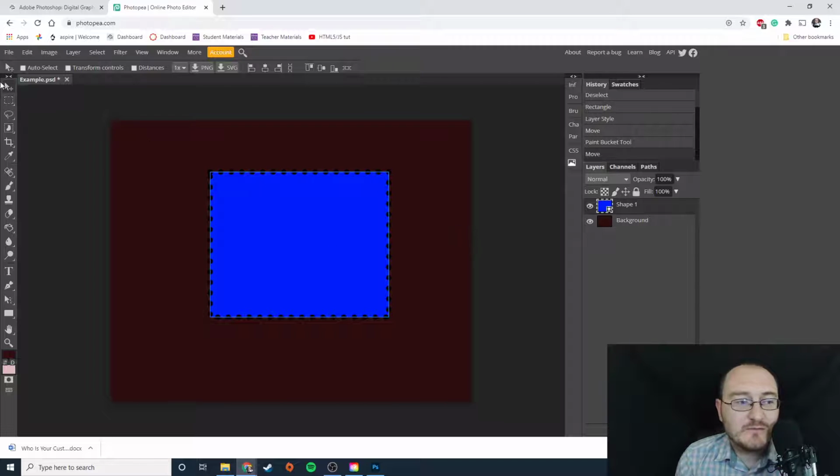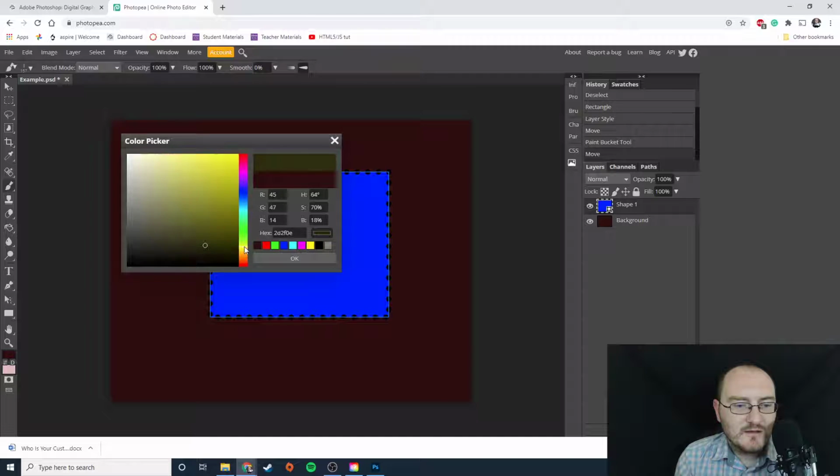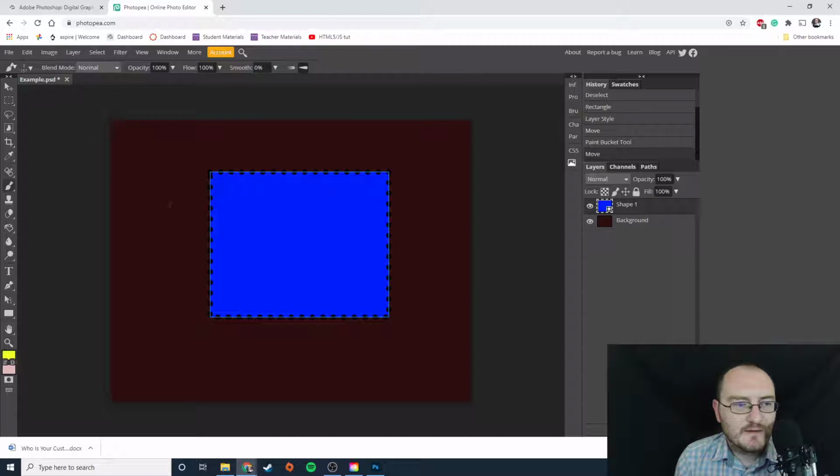And to make this a bit more explicit, let me grab my paintbrush tool here, and let's make the brush size a bit bigger, and I will pick this kind of weird paint stroke thing, and then let me change the color to something that stands out a bit more, yellow. We'll do yellow. Now notice